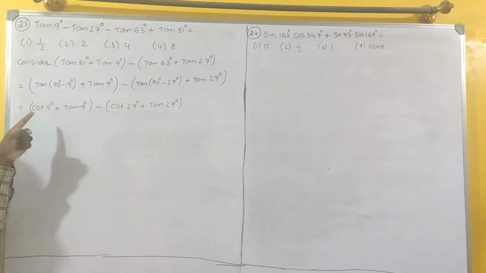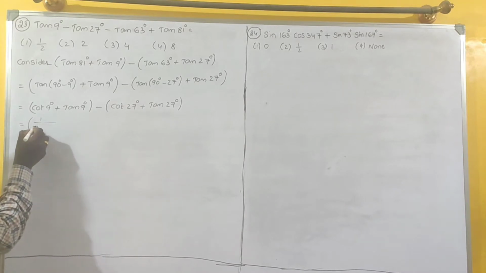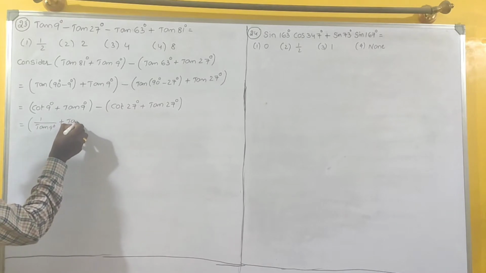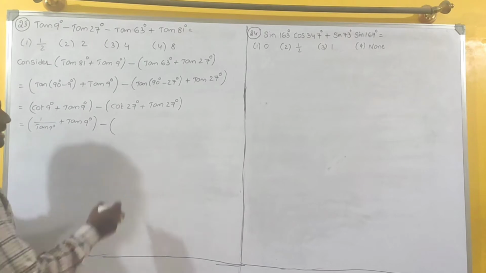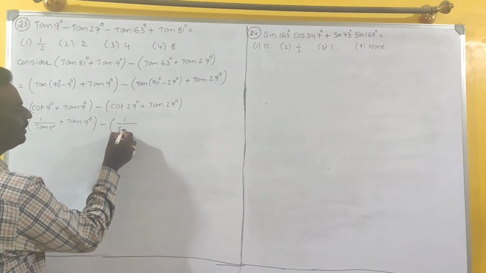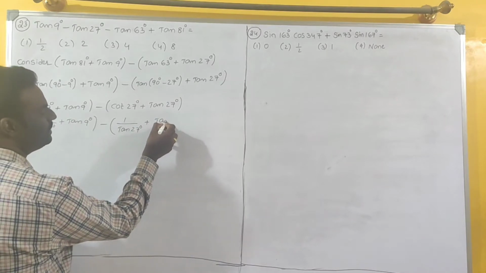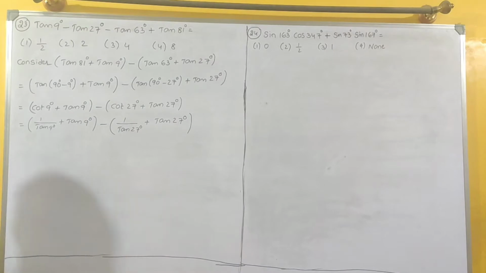Now this cot can be written as 1 by tan, 1 by tan 9 degrees plus tan 9 degrees. Here also cot can be written as 1 by tan, 1 by tan 27 degrees plus tan 27 degrees. If you take LCM,